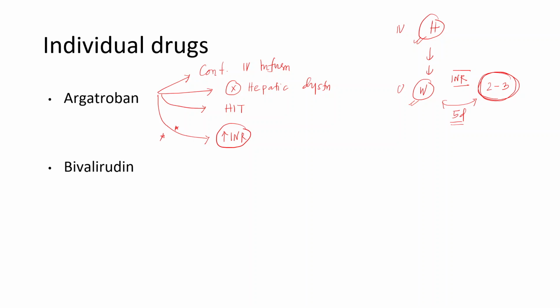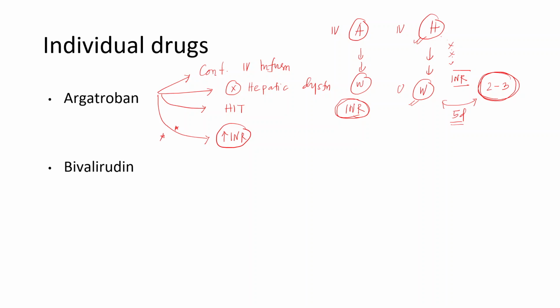And once we achieve this INR, we discontinue the IV therapy, the parenteral anticoagulant therapy, and we continue oral anticoagulants. Now, this is how it happens. And remember, heparin doesn't have any effect on INR. So in cases of HIT, when we have changed from heparin to argatroban, what will happen? Now we are using argatroban as the parenteral anticoagulant, and we are trying to give warfarin and switch over from parenteral to oral anticoagulant. But now whenever we are monitoring INR,